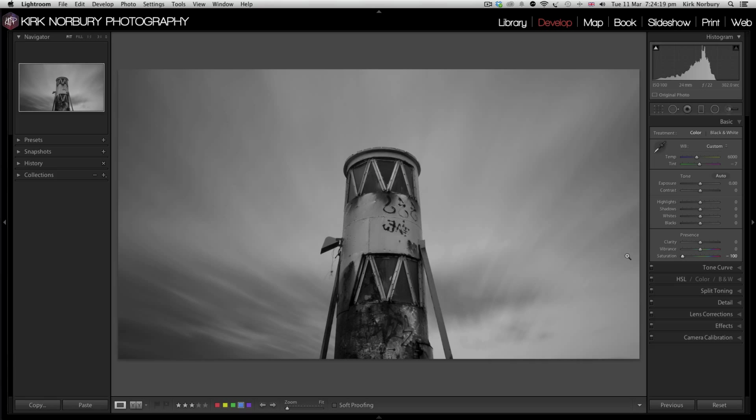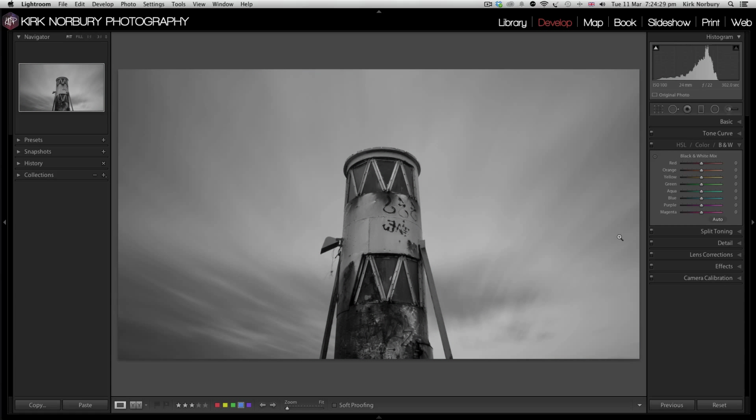You work with contrast, clarity, your whites and your blacks, and see what you can do with the image. Or you can go into this black and white module here, which automatically renders it to black and white, and then you can go through each color channel to change the darkness or the brightness of that channel. Now if I go back to my original, I just click reset,